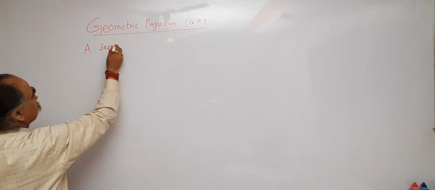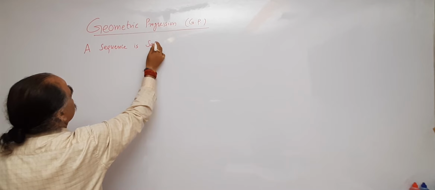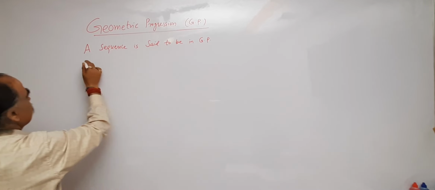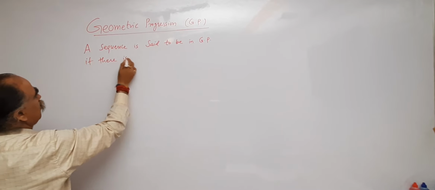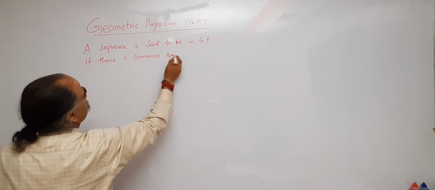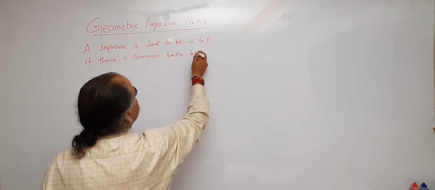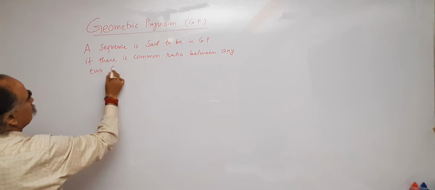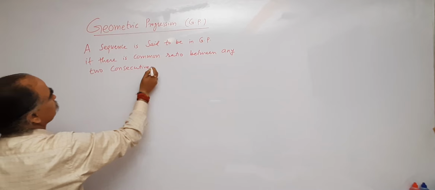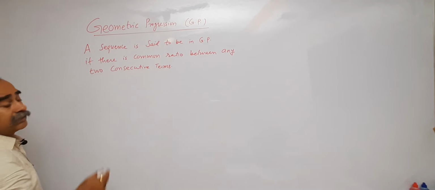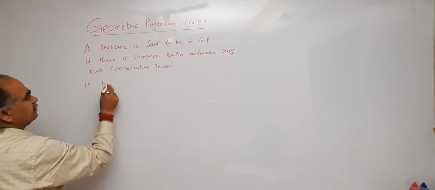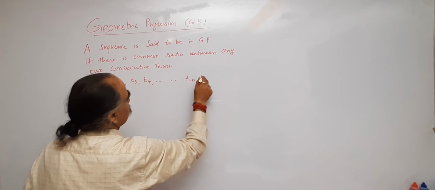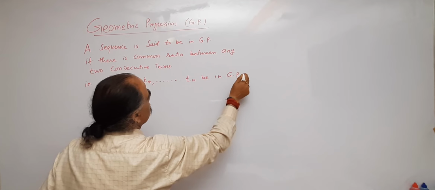A sequence is said to be in GP if there is a common ratio between any two consecutive terms, that is, T1, T2, T3, ... Tn will be in GP if